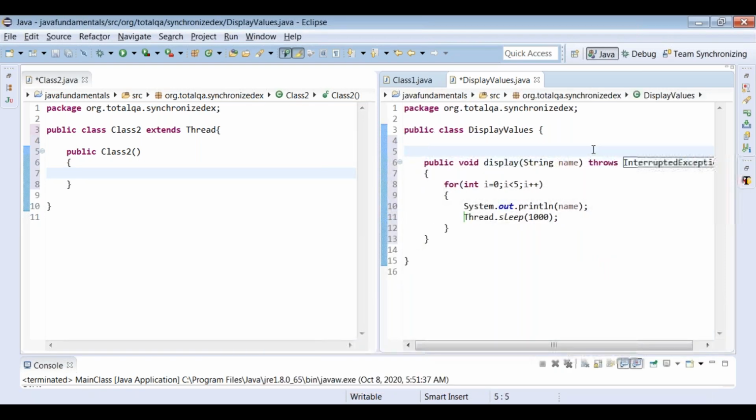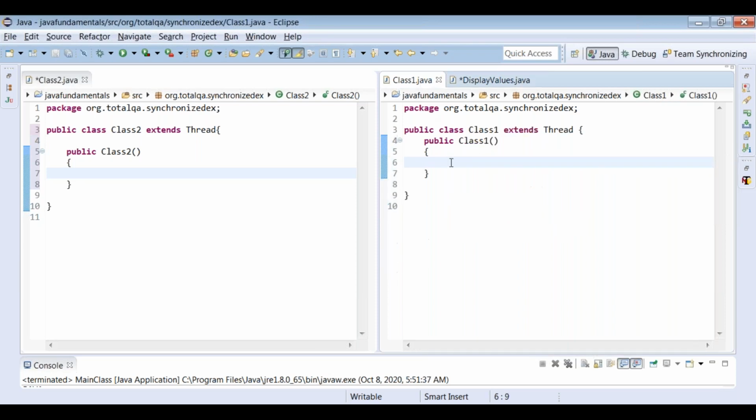Now we have Class1, Class2, and DisplayValues. Now let's write the content within Class1. Let's pass two parameter values. One parameter is DisplayValues. Let's create only one object, don't create multiple objects.